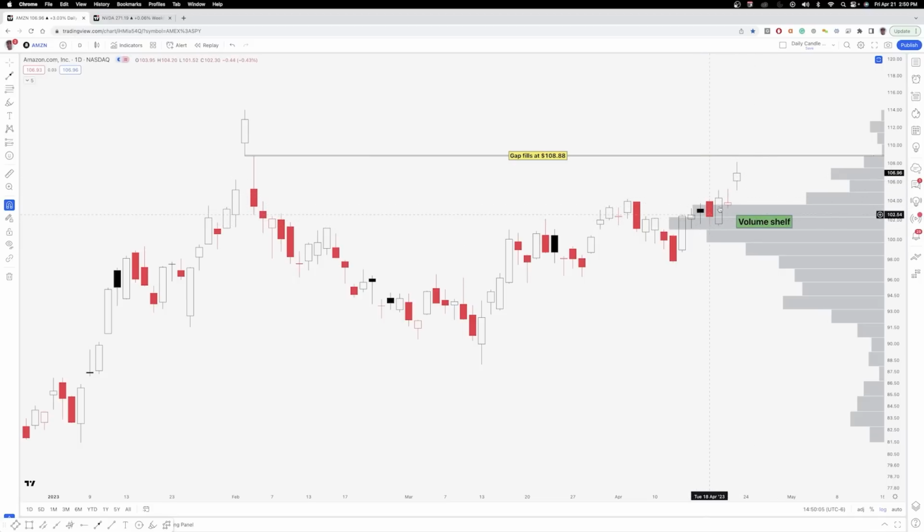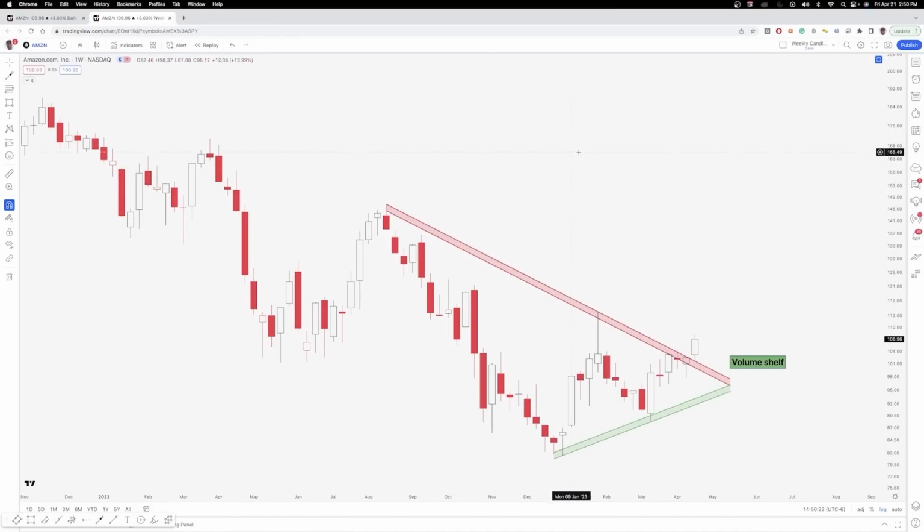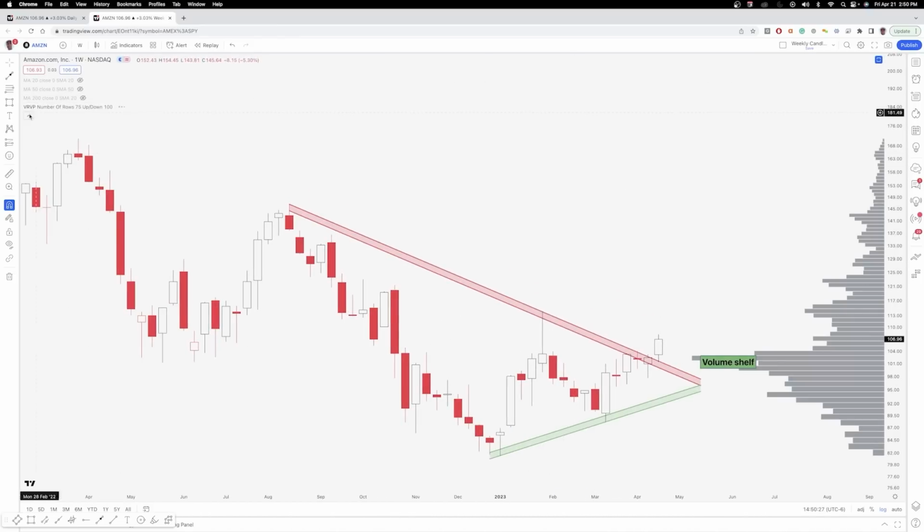A lot of the time, if price is holding a volume shelf, it can act as, quote unquote, a launch pad for price, kind of pushing off the volume shelf. You can see here that your gap above would be your target, and that is at 108.88. Now on the weekly chart for Amazon, you can see here if we add the volume profile,